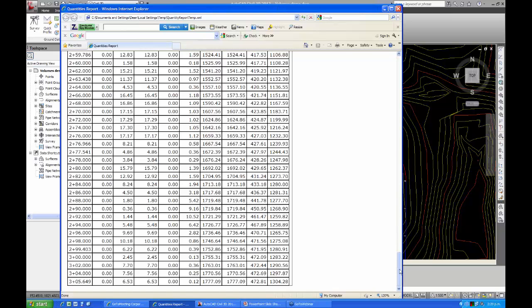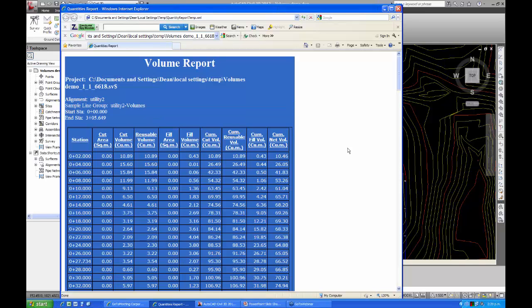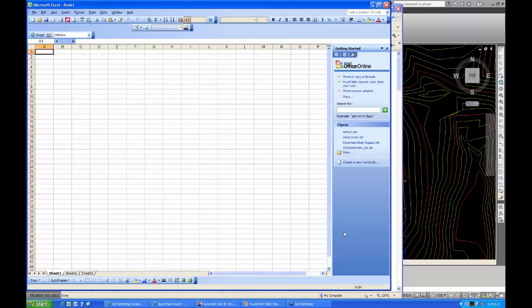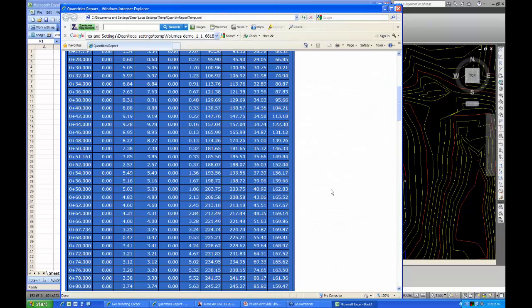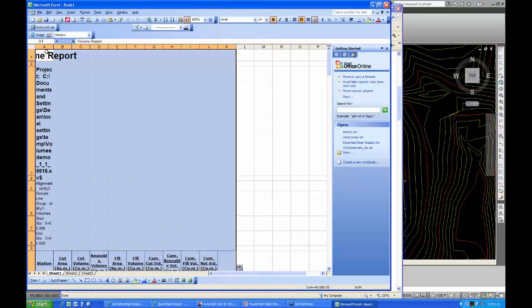You can keep this as an HTML if you want to, but most people want to have it out in some other form that they can keep a hard copy, such as Excel or Word. So you can just cut and paste straight into those. So if I go Control A to select all, actually we need to bring up my Excel here. Right, Control A and then Control C to copy it, and we can go back into Excel. Control V to paste it, and then we can stretch out